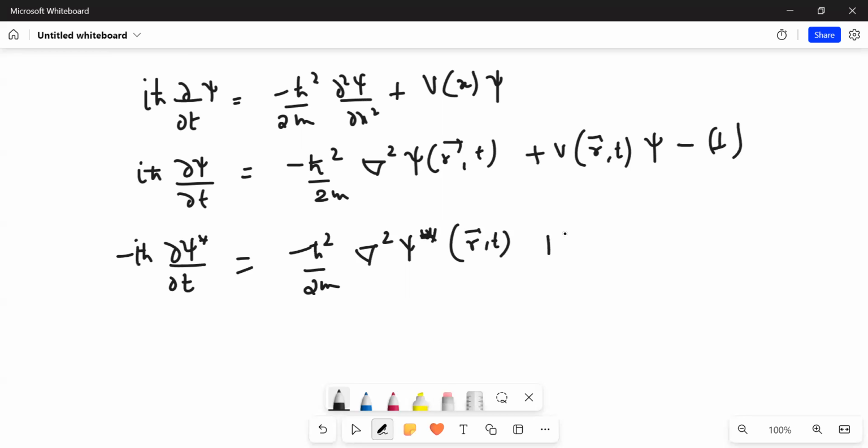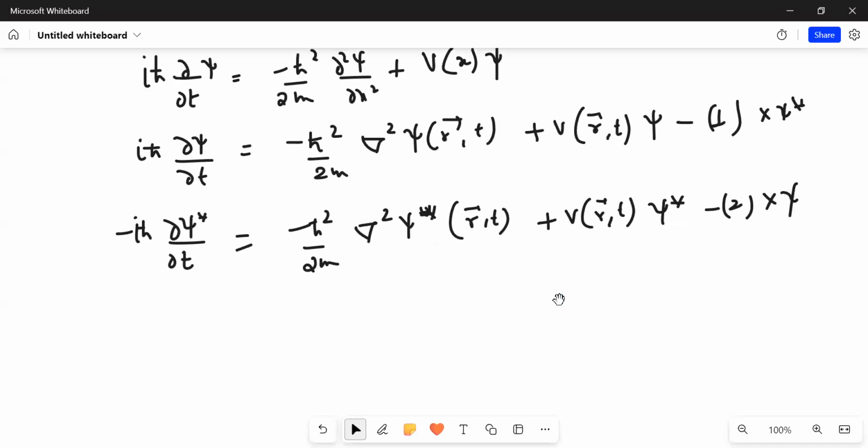And then I have kept this as a real function only. So this will be okay. This is your 2. Both of them are here. Now, what I can do, I can multiply this by, I think, psi star, and I can multiply this by psi. Okay, I can multiply this by psi star, I can multiply this by psi.